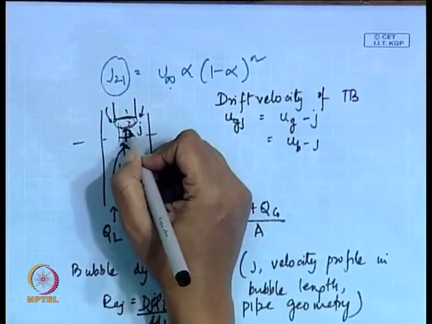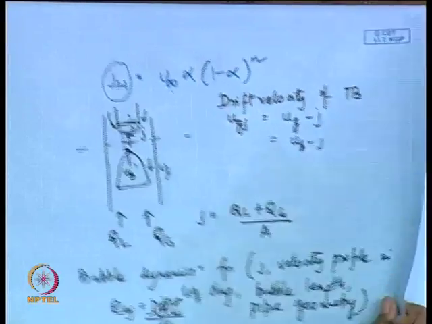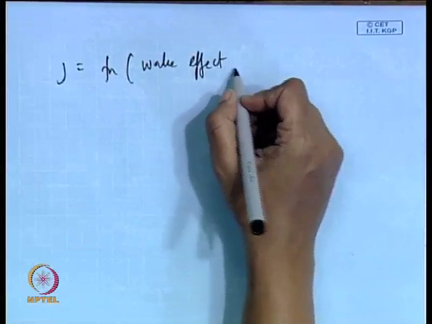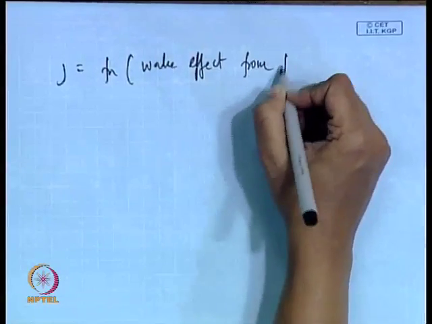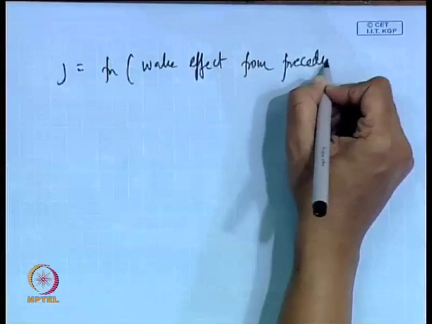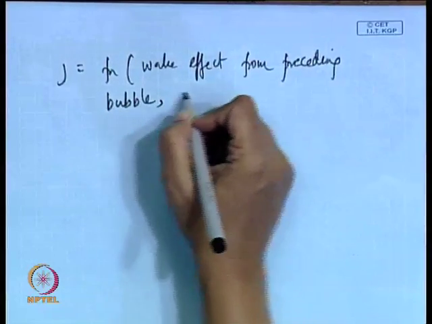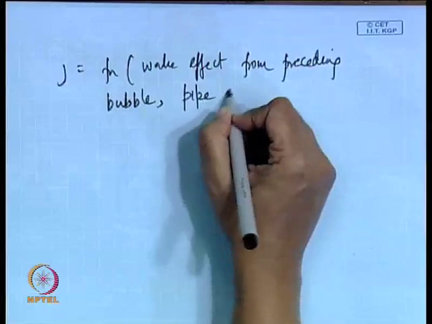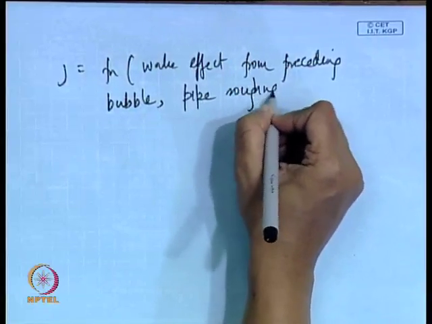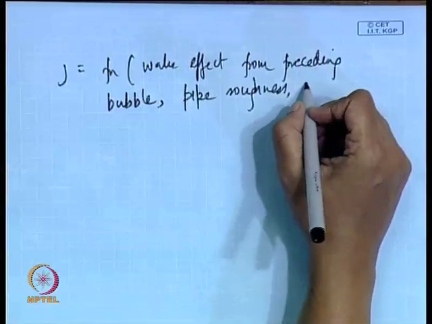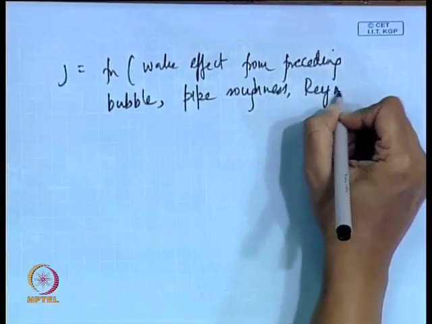So, the J with which the liquid slug is rising will be influenced by it. So, therefore, J is affected by the wake effect from the preceding bubble. Then pipe roughness, naturally pipe roughness gives the wall shear and the Reynolds number,